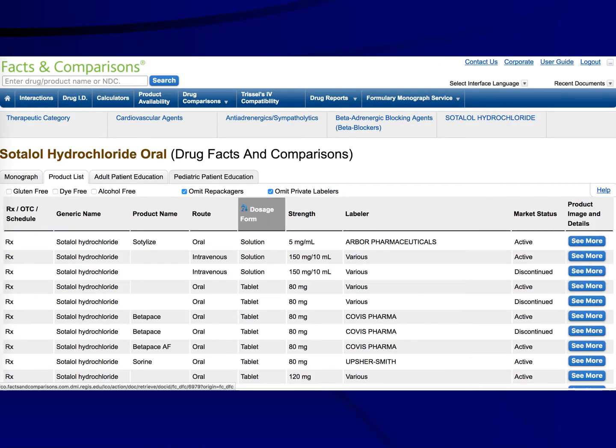I have the legend. This is a prescription drug to the far left. That's what the RX stands for. I have that it's Sodalol hydrochloride. I got the product name if it's a brand name product. I have the route, oral, intravenous. I have the dosage form, solution. So I do see that it's available as a solution in a 5 milligram per mil from Arbor Pharmaceuticals. I can click on the See More to find more information out about this